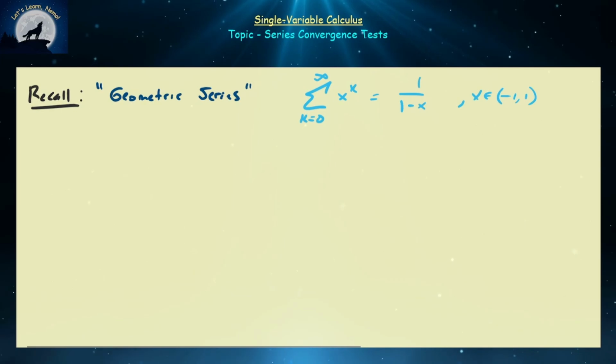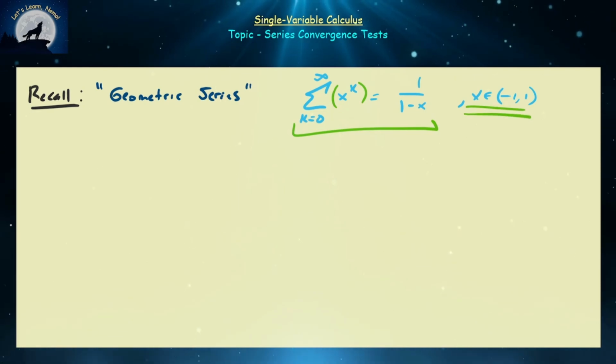One of the very first infinite series that people usually encounter is called the geometric series, which you may or may not have already investigated. It's usually represented as an infinite series of the form x to the power of k, where x is some real number. We have proven in the past that this geometric series does converge to 1 over 1 minus x, provided that x belongs to the open interval minus 1 to 1. And if x is bigger than or equal to 1 or less than or equal to minus 1, then